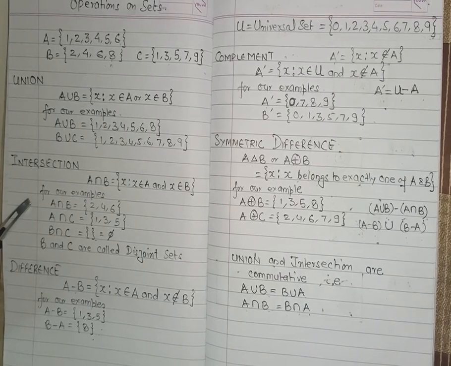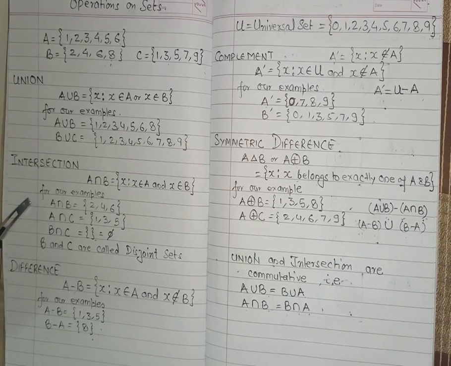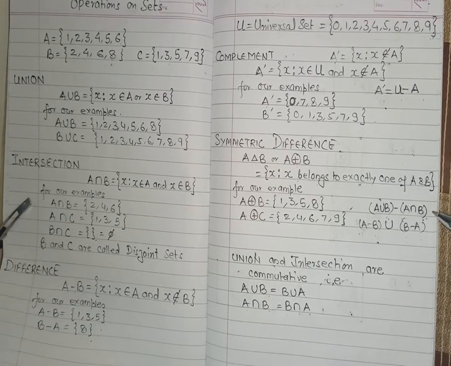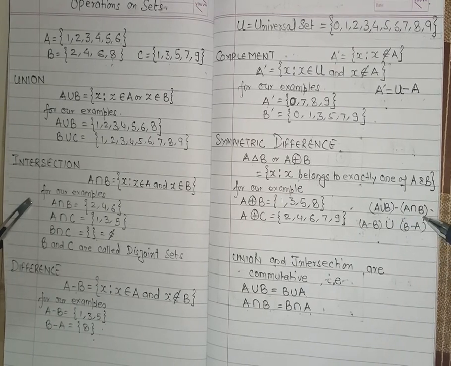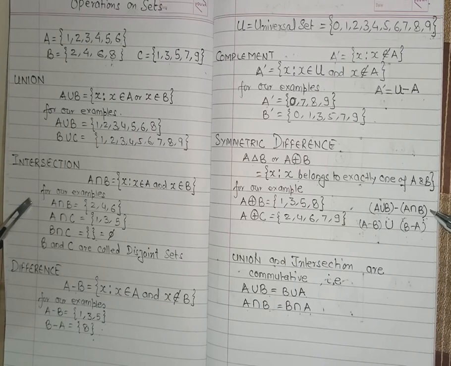Now, symmetric difference can be thought of in two additional ways. We have defined the union of the two sets as the set of all the elements which are present in set A or set B or both the sets. And the intersection is the set of all the elements which are present in both of them. So, if we take the union and remove the intersection elements, that means if we take the union, meaning all the elements from A or B or both, and then we remove the elements which are present in both.